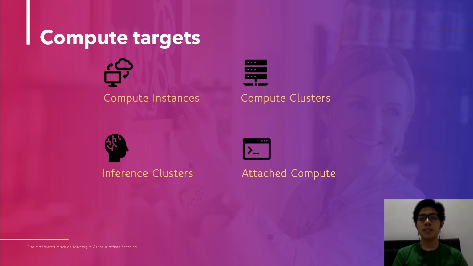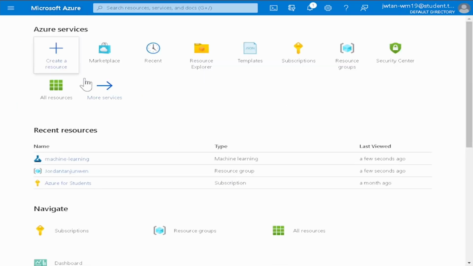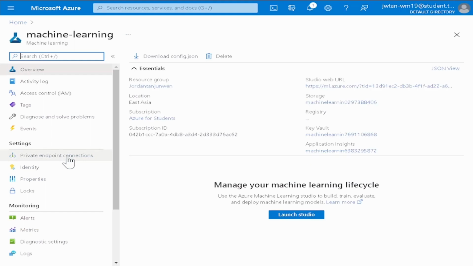Last but not least, attached compute links to existing Azure compute resources such as virtual machines or Azure Databricks clusters. Once the resource has been deployed, you can either go to resource, or if you are at the dashboard, you could locate your resource, which is of type machine learning. Click on it, launch the Azure Machine Learning Studio,